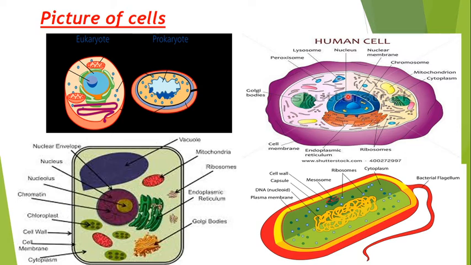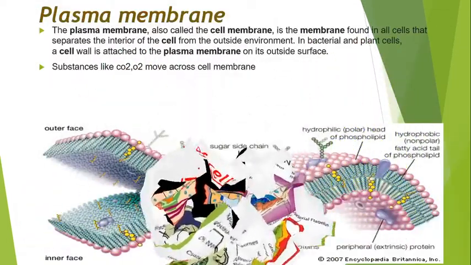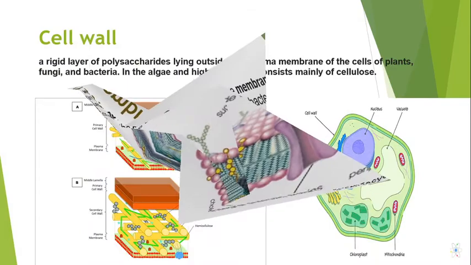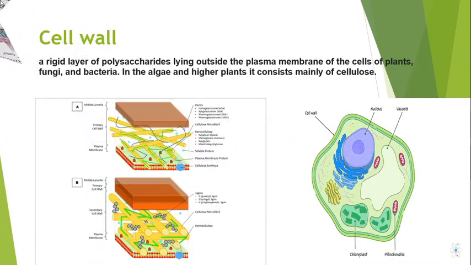Okay, but in bacteria also we see the plasma membrane here and the cell wall also. See this one. Okay, next let's move to the cell wall. This is about the structure of the cell wall. Once again we are showing here, this is the cell wall. Next, inner to that is the cell membrane. So this is the structure of the cell wall.